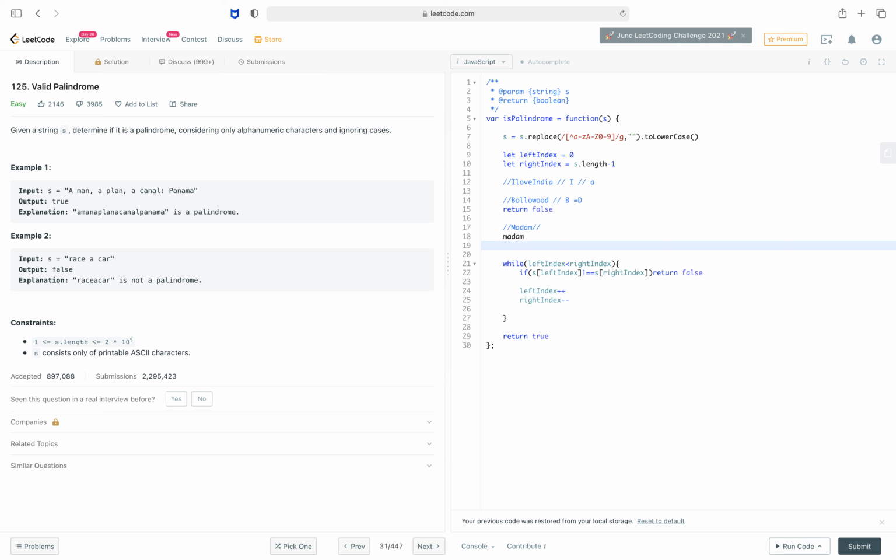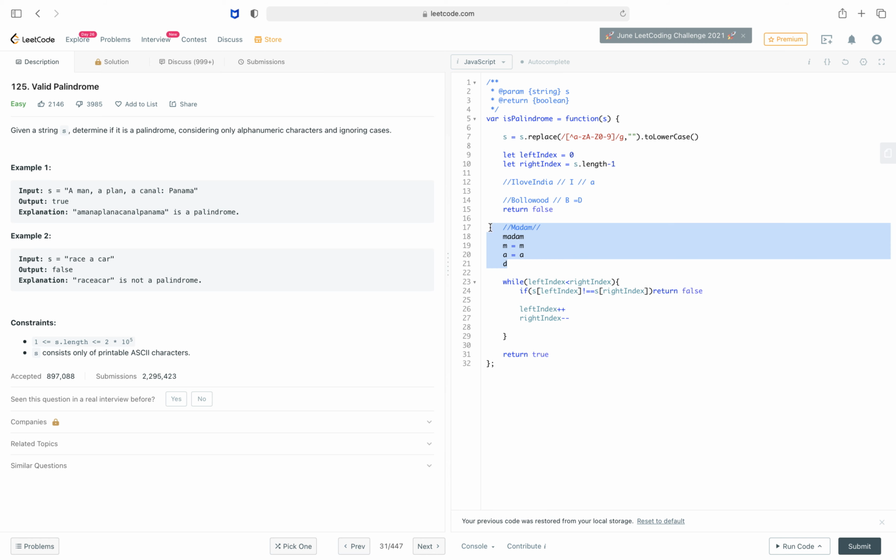The first letter in madam is M and the last letter is M, so M equals M. A equals A, again matching. D is the middle letter, so obviously it's the same if you read it from right or from left. So it's a palindrome. I hope you understood the solution.